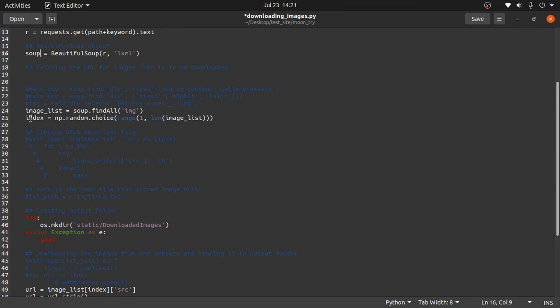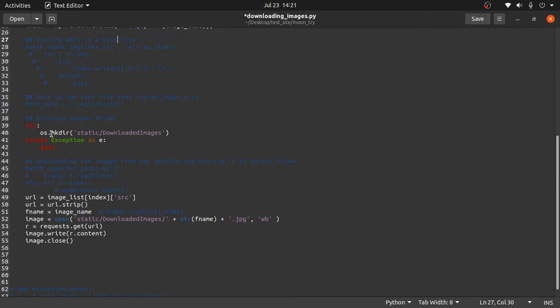Okay, then, let me skip it for the minute, we try to make a directory. In the static folder, we are trying to make a download images folder. Why did I do this?